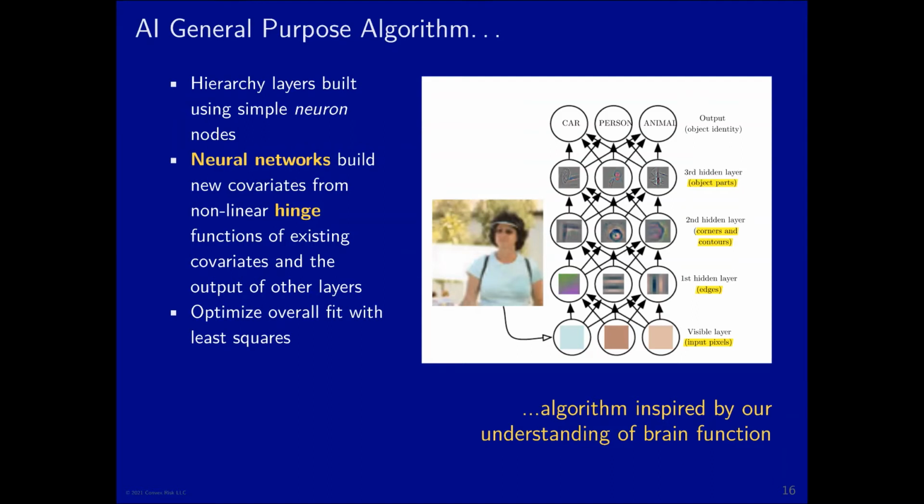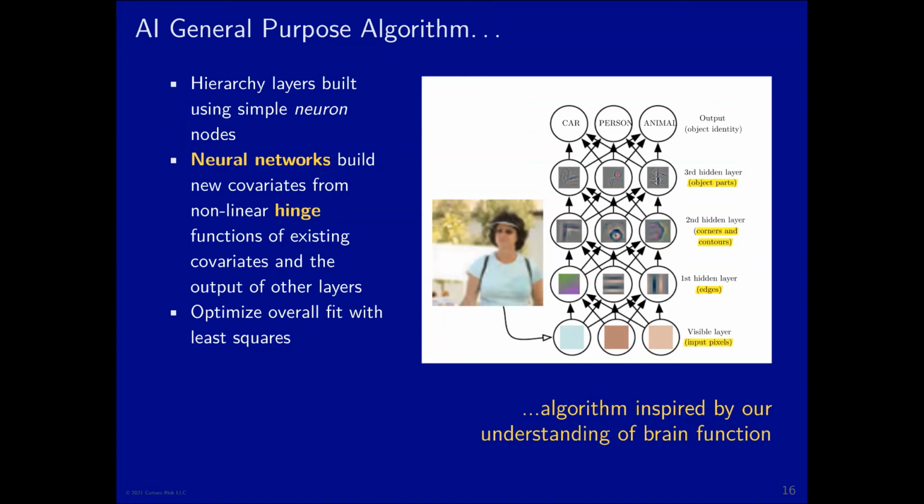This would have done some differencing, and it would have created edges. And then we can do higher level differences, and we can figure out things like corners and contours of coloring. And you can keep going. It'll detect texture and things for you. And you can then put all of this together, and if you've got enough training data, pop out with whether I think this is a car, animal, person, or whatever.